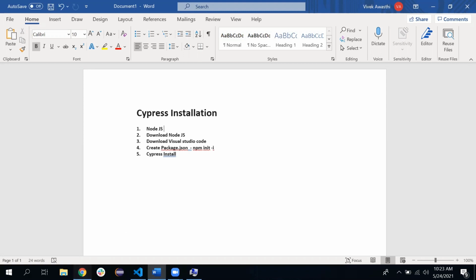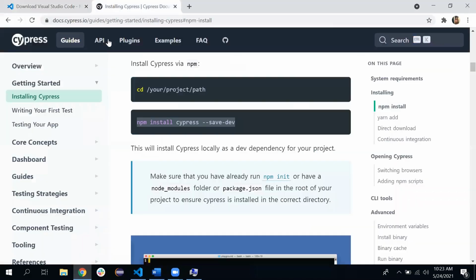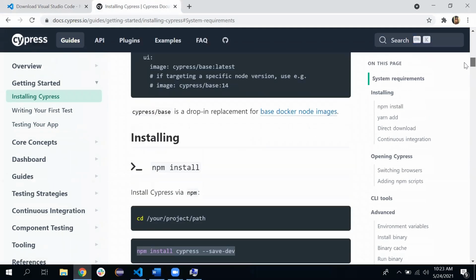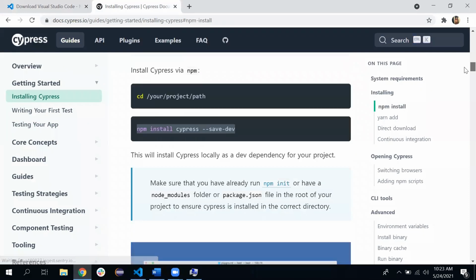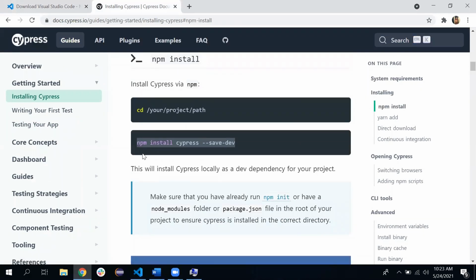To check that, go to the Cypress official website and type Cypress install. If you scroll down to the installing section, they mention a command called npm install cypress. That is the command used to install Cypress. There is one more extension called --save-dev that I will explain to you.